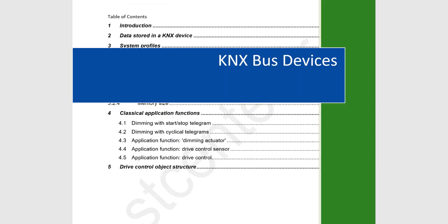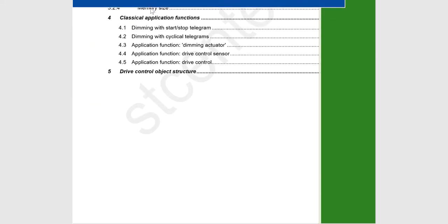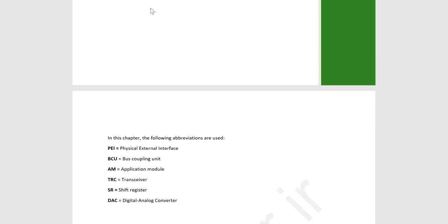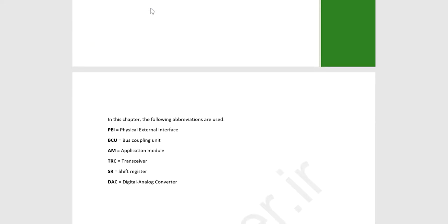Now we want to focus more on the bus devices in KNX, or based on the KNX protocol, and also try to consider two practical programming examples in ETS by using the KNX virtual. Okay, so